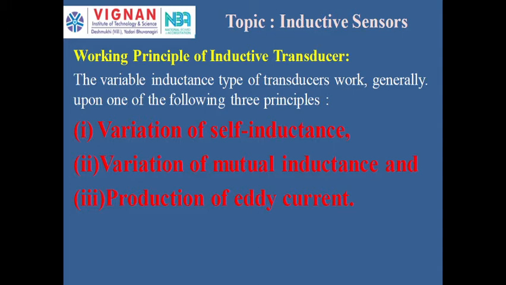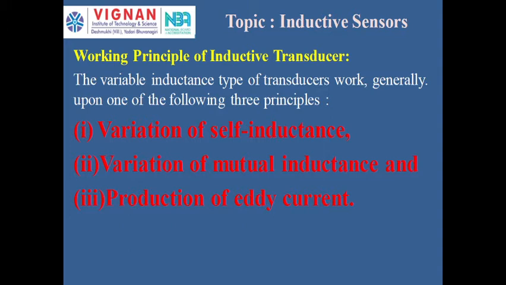It is the property of a coil to induce an EMF due to current flowing through the same coil. So if some amount of voltage is induced in a coil due to current flowing through the same coil, that property is called self-inductance. Next, what is mutual inductance? It is the property of a coil to induce an EMF due to the current flowing through another or neighboring coil. So as the current is flowing through the neighboring coil, if some EMF is induced in the coil, that is nothing but mutual inductance.